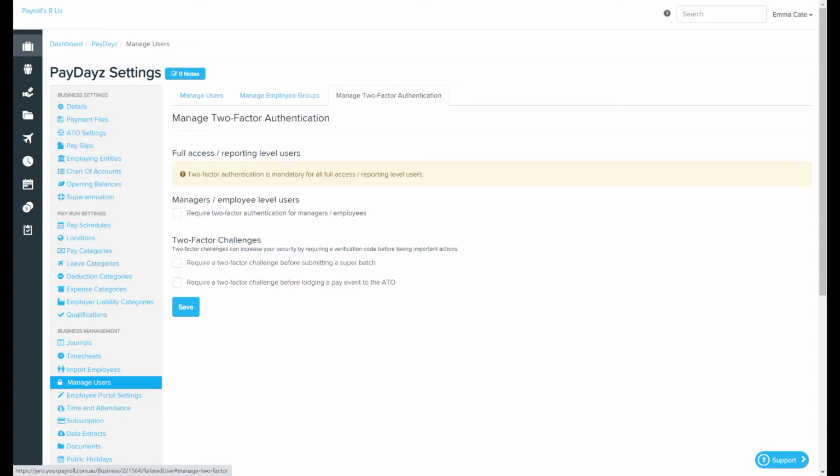With regards to any end user that only has access to their own information and does not have access to taxation or superannuation related information of other entities or individuals, for example, employees accessing their employee portal, 2FA is optional but recommended. 2FA is mandatory for the following users when logging into the payroll platform: full access users, restricted users